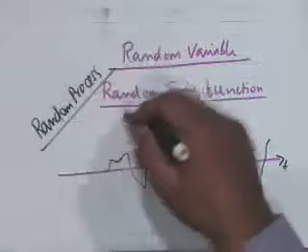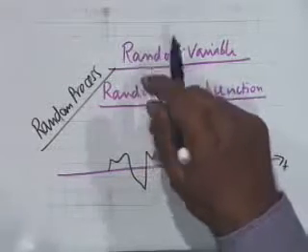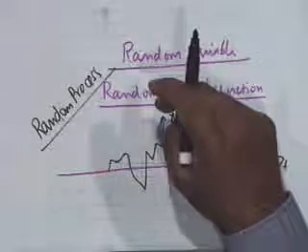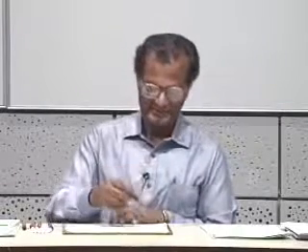Now, a random process can be characterized by various kinds of parameters which you shall learn later, but for the present it suffices to say that a family of random time functions having some common characteristic is called a random process. What are these common characteristics we will see later. If in a random process, a family of x of t's, the probability of a particular time function is also known, that is, if the members of the family are known, let there be 100 of them, and the probability of observing each of them is known, then this collection of random time functions is given a special name. It's called an ensemble,